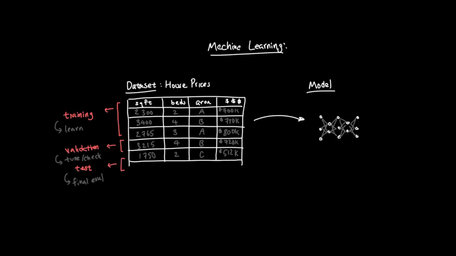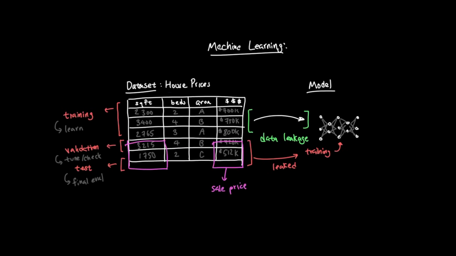There's also one important mistake to avoid: data leakage. Data leakage happens when information from the validation or test set actually sneaks into training. If that happens, the model may look better than it really is because it has indirectly seen information it was not supposed to have. In our house price example, this could happen if we accidentally include a feature that gives away the final sale price, or if the same house appears in both training and test data. The model might look accurate, but the evaluation would not be trustworthy.